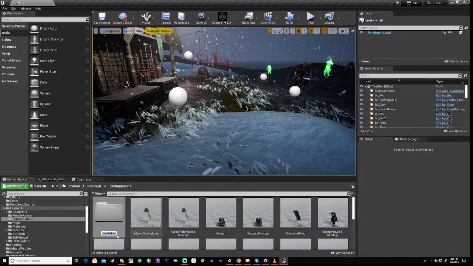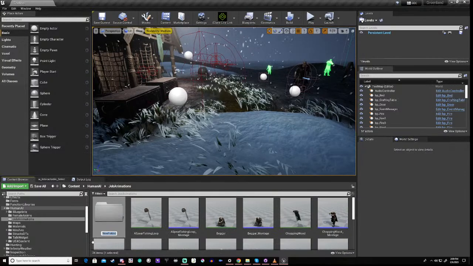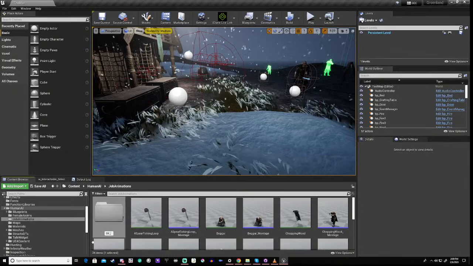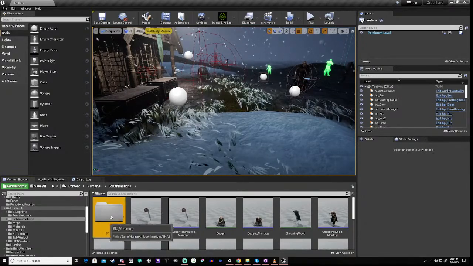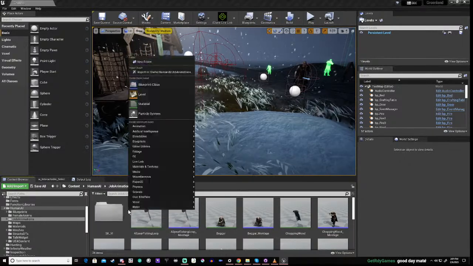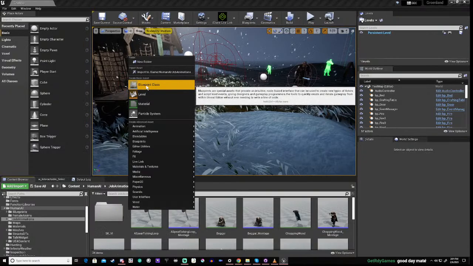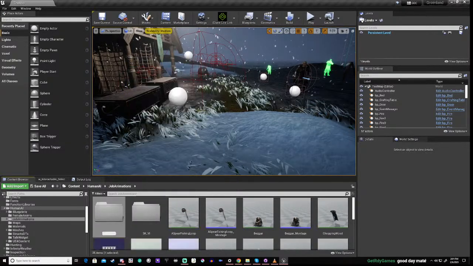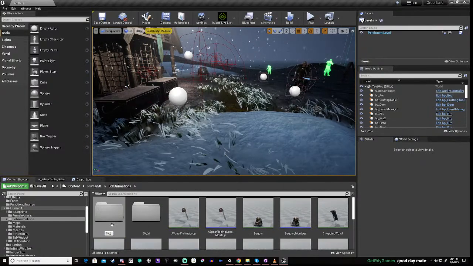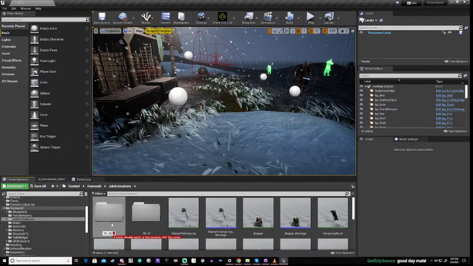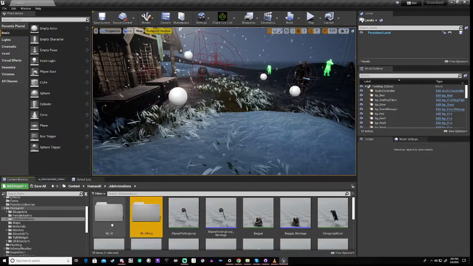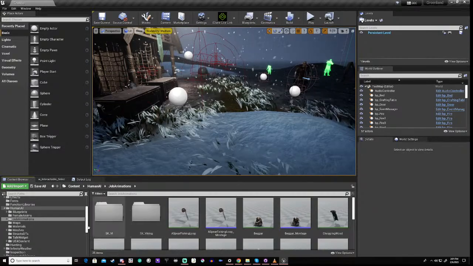So what I'm going to do, we have 3 skeletons, right? So I'm going to say SK underscore VI because I believe that's one of our skeletons. Okay, now I'm going to create another one. We're going to call it SK and we're going to call it Viking, right? Because I believe that another one of them